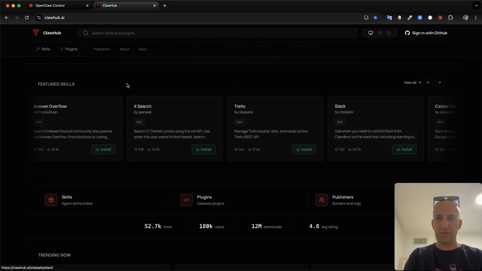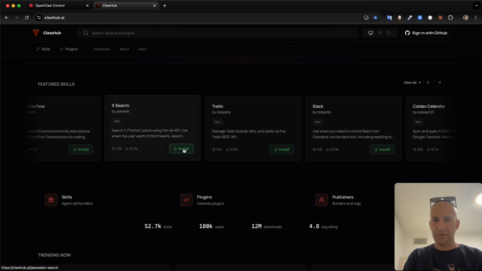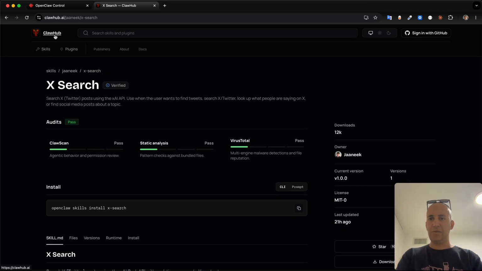Let's look, for example, I believe they have an X search. This looks kind of cool. 12K, we can click into it and look at it. And there's also an audit. So if you look actually at the most popular